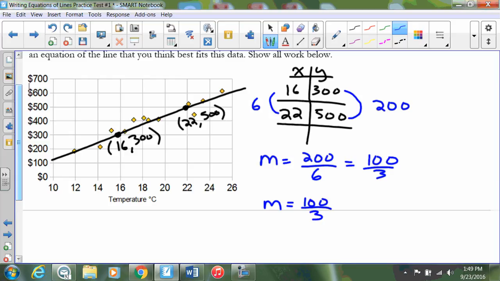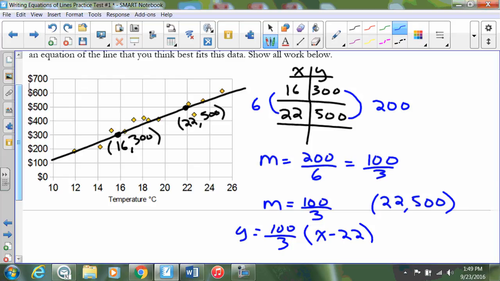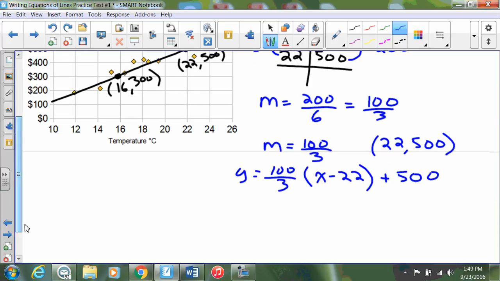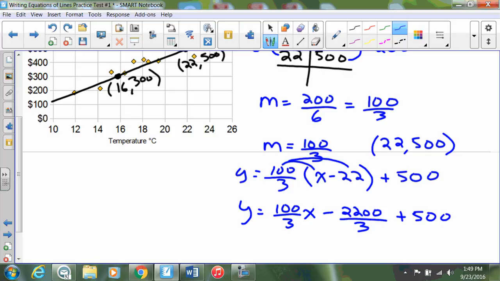Either point will do. Oh, it's going to be a mess without a calculator. I may have to pause and get a calculator and do this. So let's see, I'll set it up. y equals 100 over 3 times x minus 22 plus 500. So let's scooch this down a little bit. I'll get y equals 100 over 3x because I'm distributing. And then I'm going to have to get a calculator, aren't I? 2200 over 3 plus 500. So hold on, I'm going to pause this and get a calculator, and I will be right